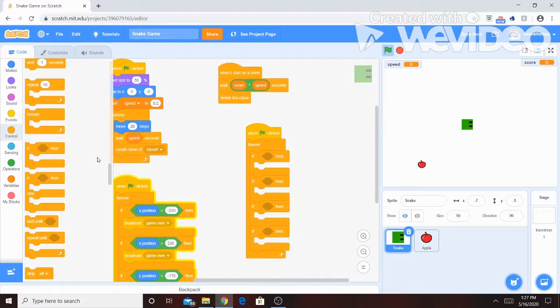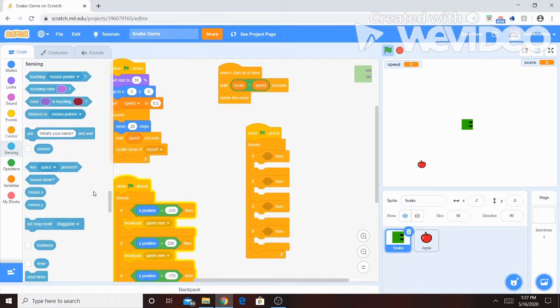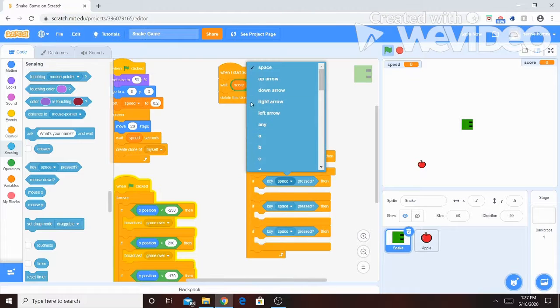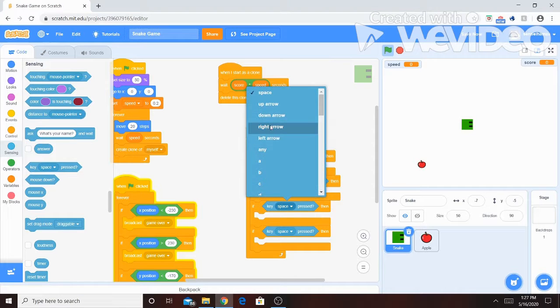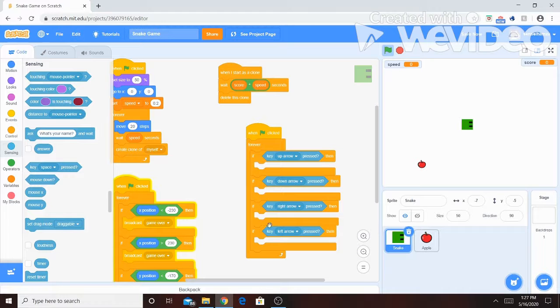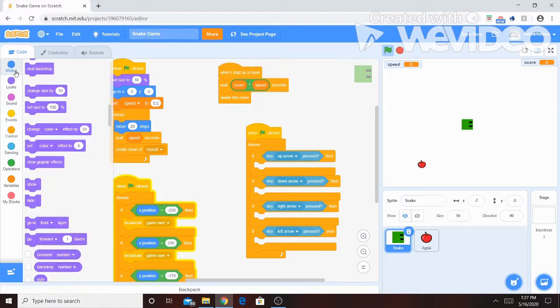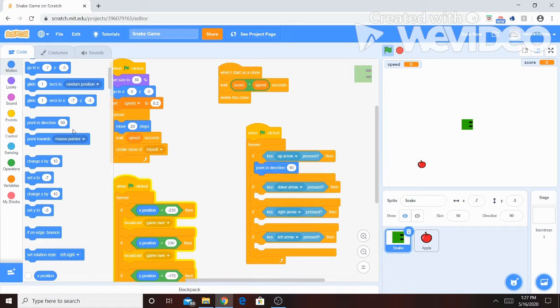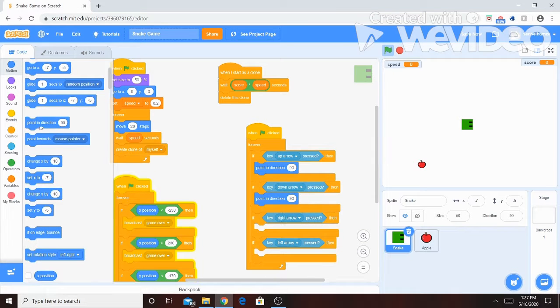Then we're going to go to sensing, and grab if key pressed for each one, and then we'll change these all to up arrow, down arrow, right arrow, and left arrow. And then we're gonna just grab the point in direction button for all 4 of the if statements. So we'll change the direction once I'm done. Point in direction,